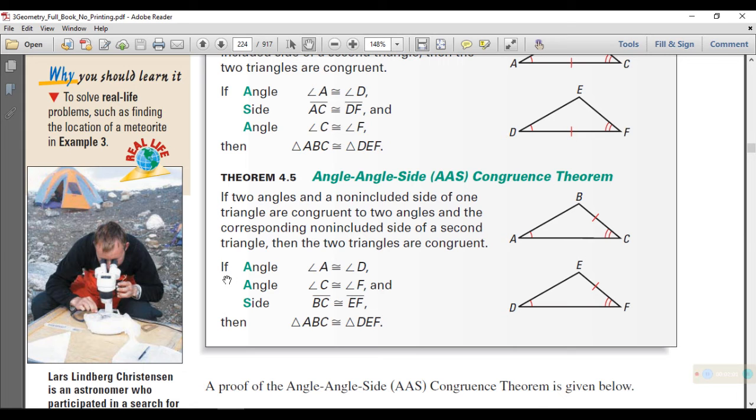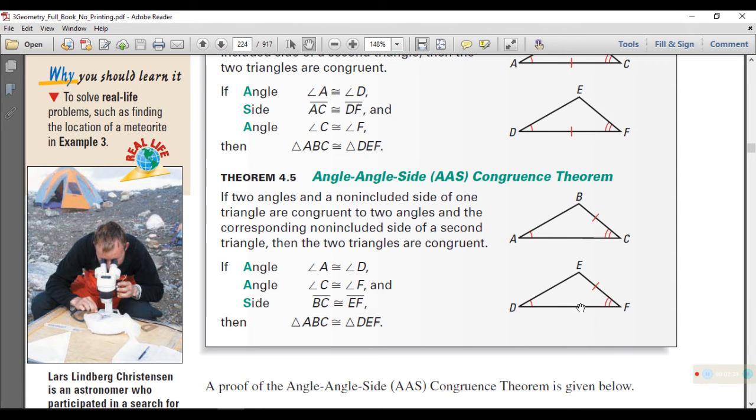So, let's look at our two given triangles here, triangle ABC and triangle DEF. For the first angle, we have angle A, which is congruent to angle D. Next, we have angle C, which is congruent to angle F. And then for the side, we have BC congruent to EF. So take notice that the included side is side AC for the first triangle, and the included side for triangle DEF is